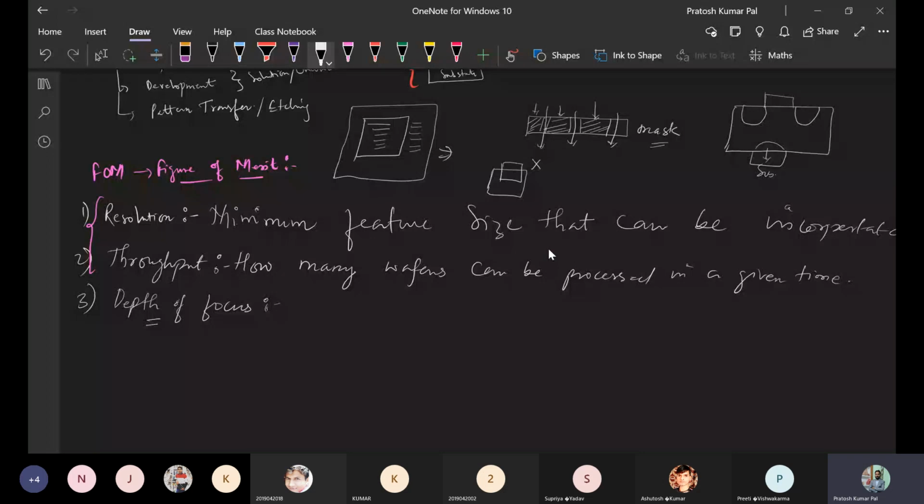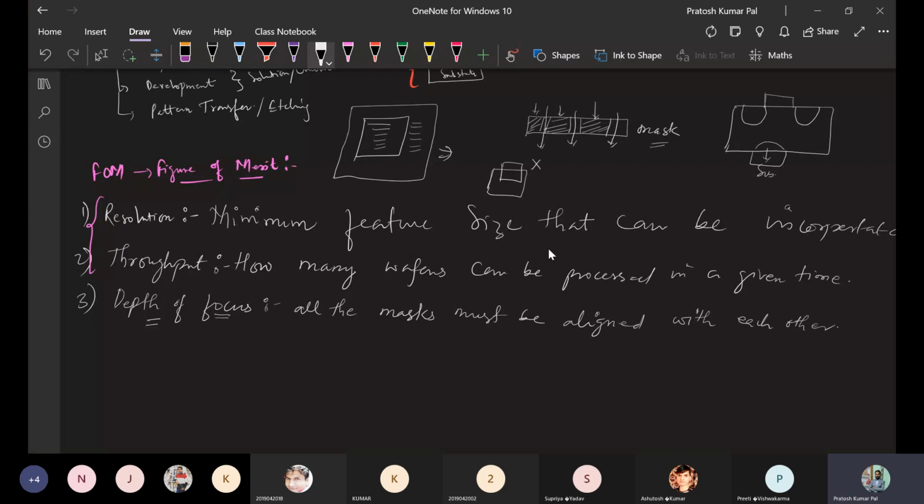So here the depth of focus indicates up to how many masks that lithography step is able to focus. How many masks are clearly visible to this lithography step, that will define the depth of focus. So depth of focus will be indicating that all the masks of different processing steps, fabrication steps of any device, must be aligned with each other.